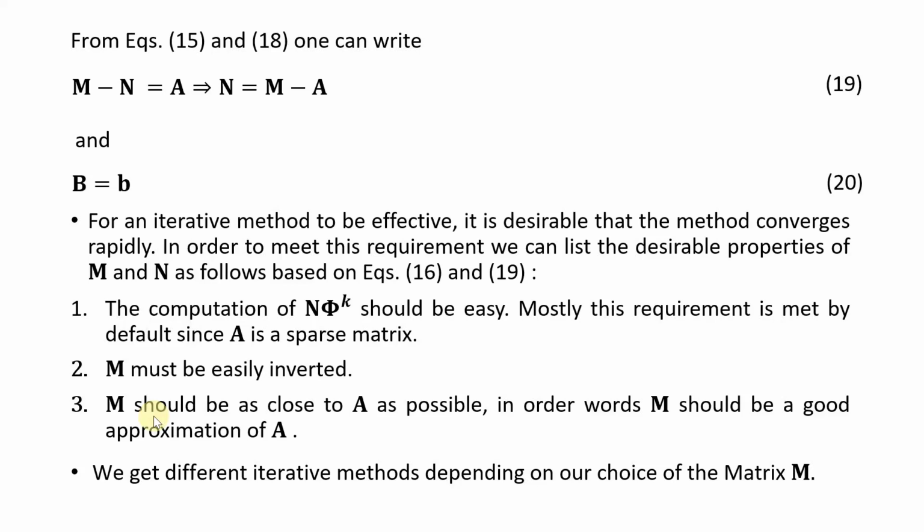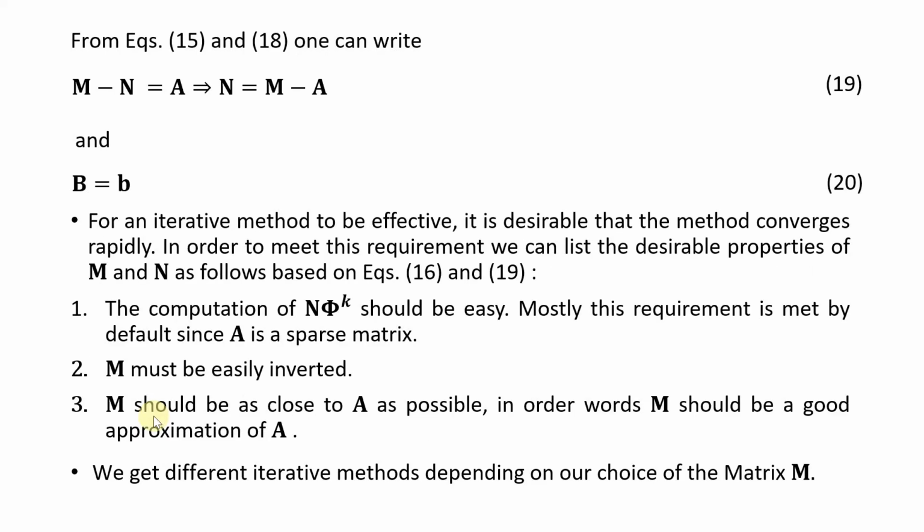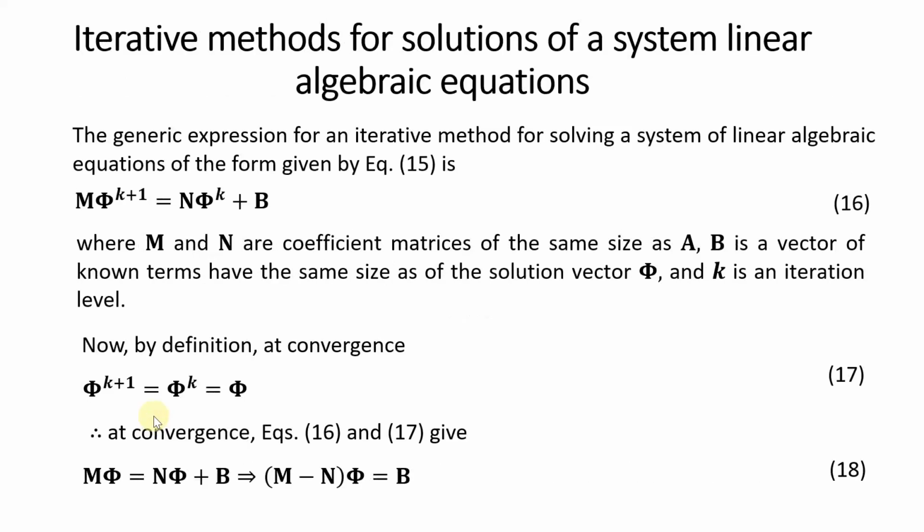Basically, if we observe equations 16 and 19, we see that the number of iterations will be less for convergence if we can easily compute the term that is the product of matrix N and vector phi from the kth iteration. This is basically easy by default because matrix N is already known, provided we know matrix M from equation 19, and vector phi from the kth iteration is also known. That is why we are proceeding to iteration level k plus 1. So the right hand side of equation 16 is basically known,